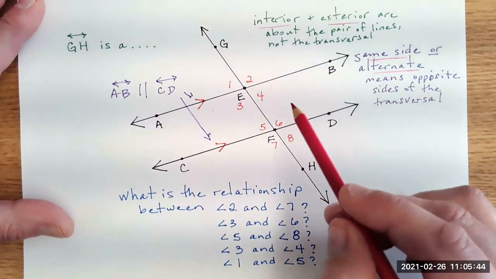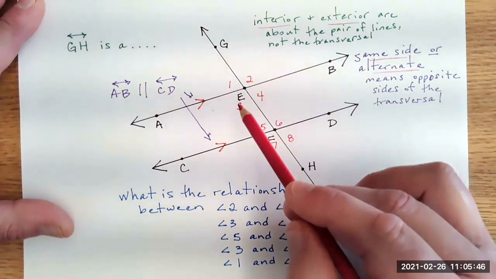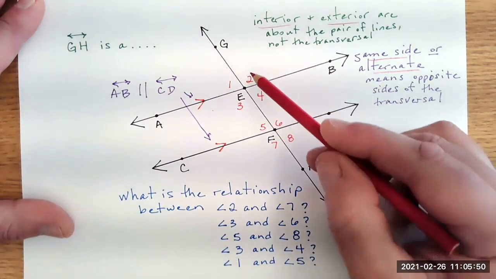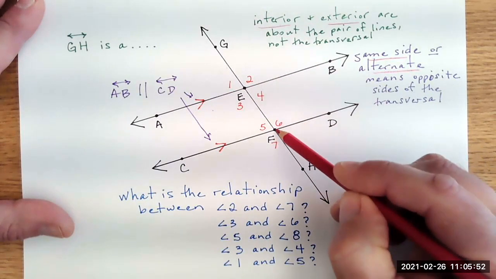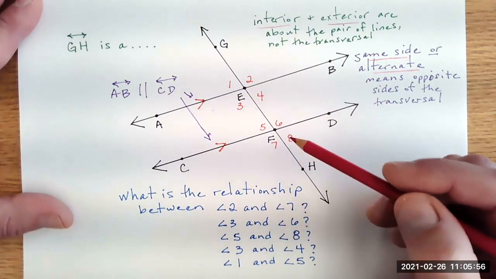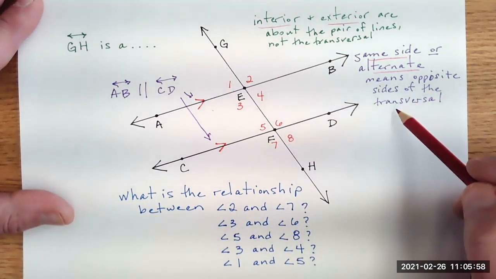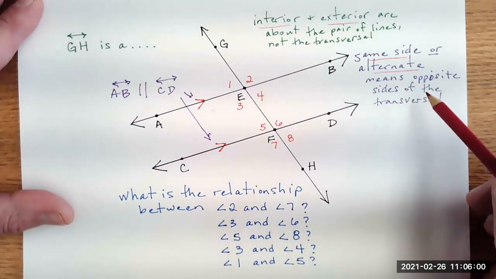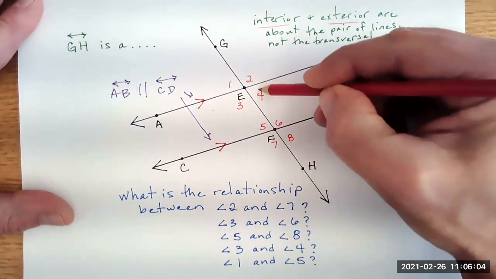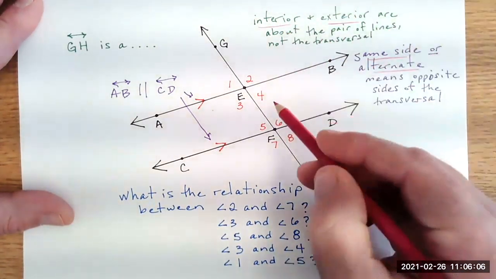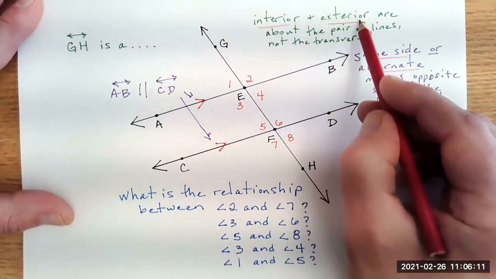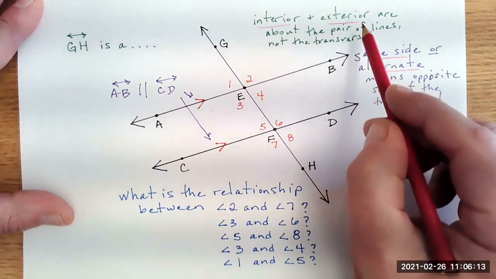So if you see angles that are on alternate sides of the transversal and they're found to have vertices on 2 different lines, then you're looking at alternate interior, alternate exterior. Same side, and then alternate sides. When you see the words interior and exterior, that has to do with a pair of